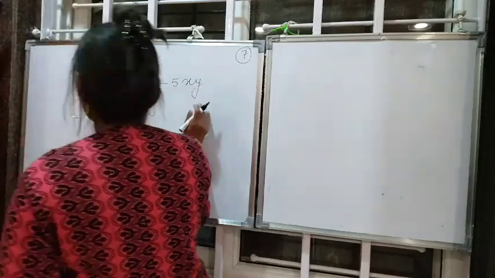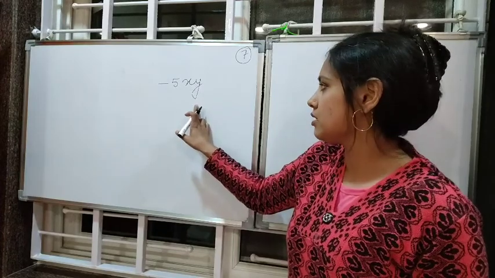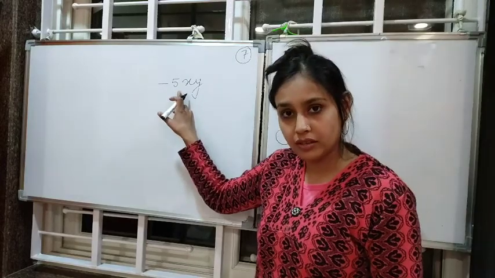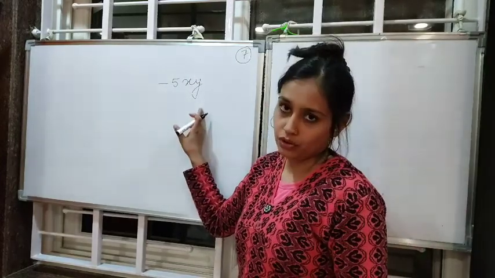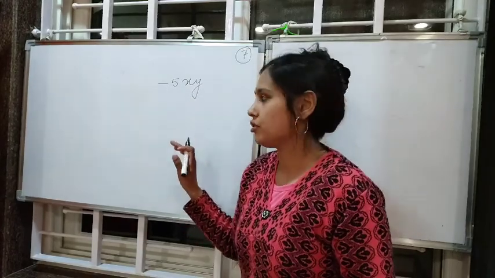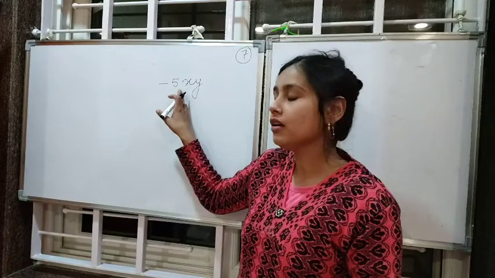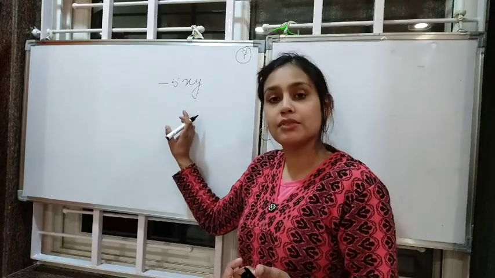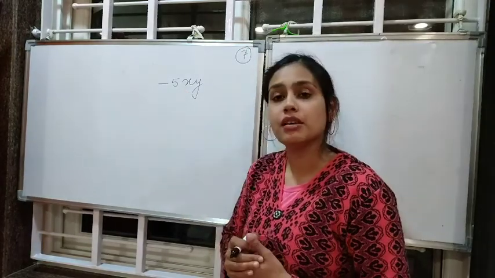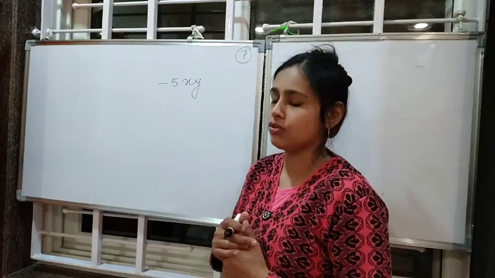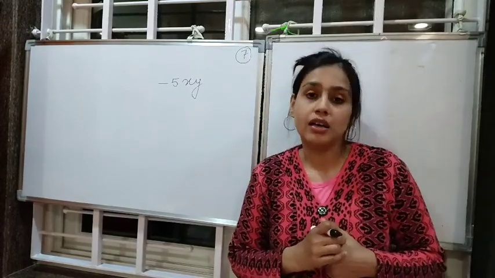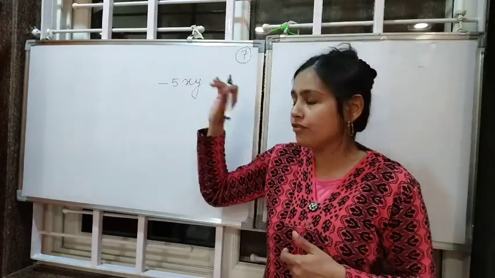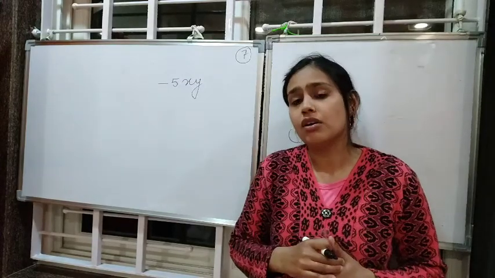That is, if we take this example, okay, suppose we take this example. So what is a coefficient? The coefficient is the numerical value of the variables, okay. But if we generalize the coefficients, okay, if we talk about the numerical value, then minus 5 is the numerical coefficient of xy. Sometimes, or in general, variables are also considered as the coefficients. Okay, when we are going to do certain questions in our exercise, we'll come to know how variables are also called as the coefficients.